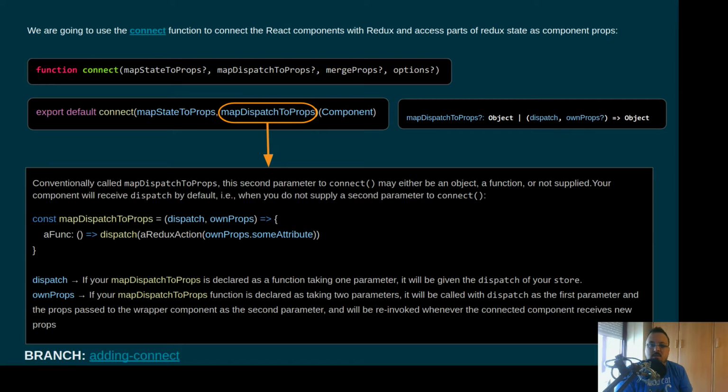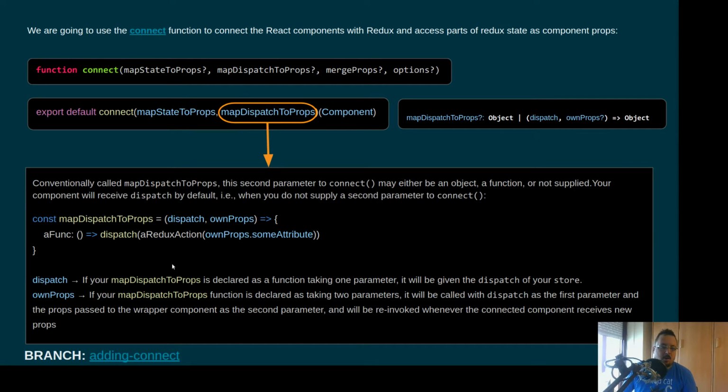This means that if you just want to connect something to Redux, you just add connect. No map state to props, no map dispatch to props, and that component has access to the store, but no properties. But one prop is passed, that is the dispatch method. Okay,